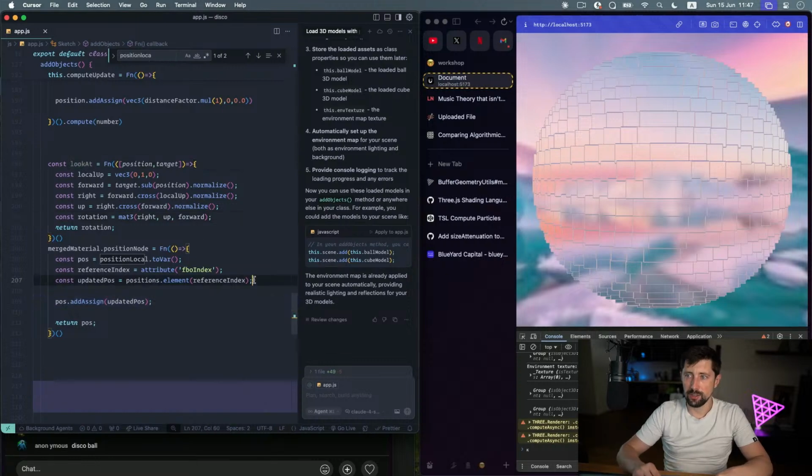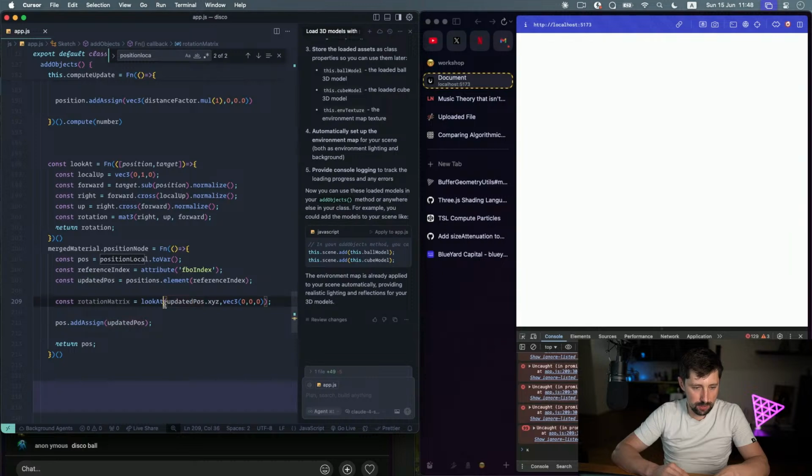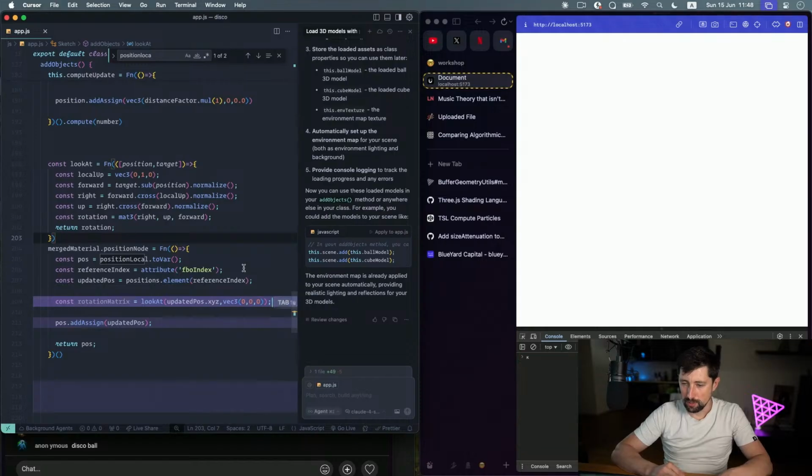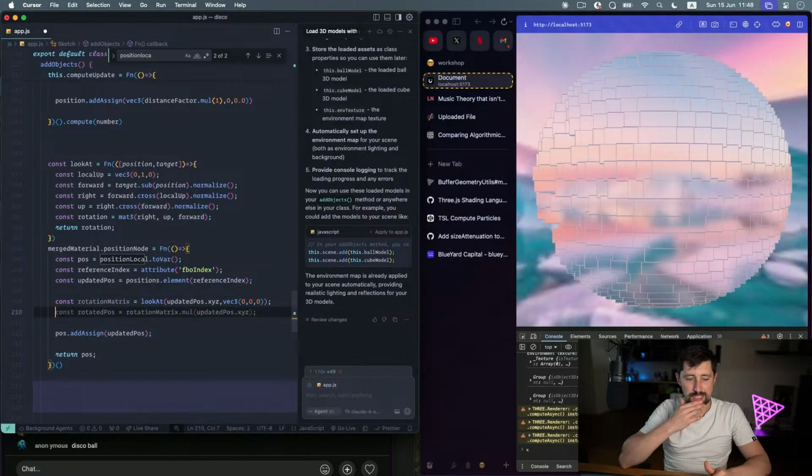So now in here, I could do the const rotation. It's gonna be lookat, and then I want to look them at 0, basically. And in here, the updated position. And I think also it's a good way to say that XYZ lookat. What do you mean? I have this function. Okay, at least it's running, and now I have to multiply my position XYZ